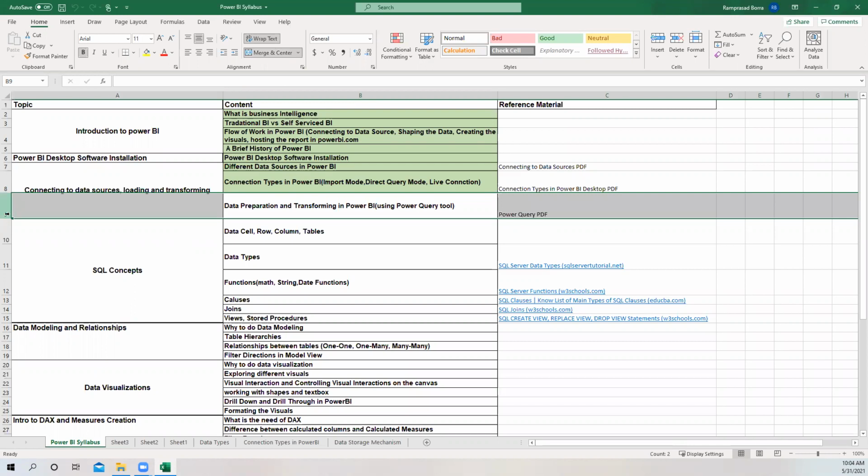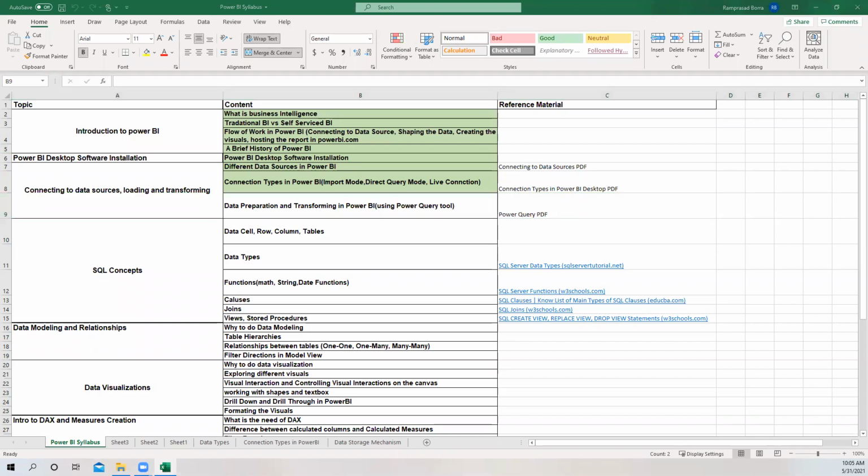So now I have the alternative. We'll install the SQL Server, guys, and connect to that SQL Server on the same data. In fact, for previous batches, I used to do the same thing. For your batch only, I created the Azure account, so that you don't need to install the SQL Server. But I will show you how to install the SQL Server and SQL Server Management Studio, and also tell you what they are and why to use them. Then you will understand each piece. Going forward, we can connect to that SQL Server in Power BI.